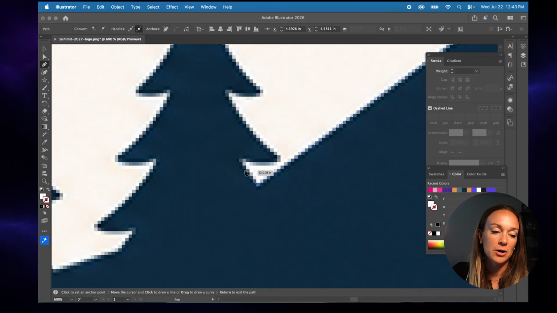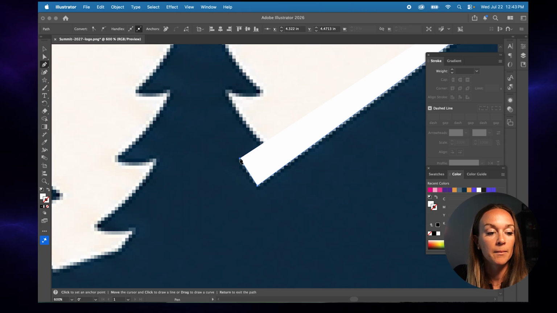Now I want to get from this bottom anchor up to this first branch of my evergreen tree. And it actually looks like this one is pretty straight. So I'm going to go ahead and add my third anchor point here. You'll notice that it automatically filled in the space between my anchors for me. And to fix that and take that off, I'm going to go over